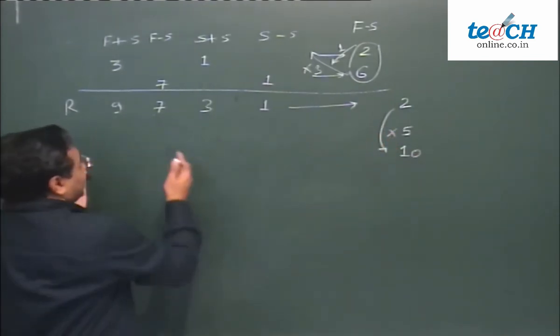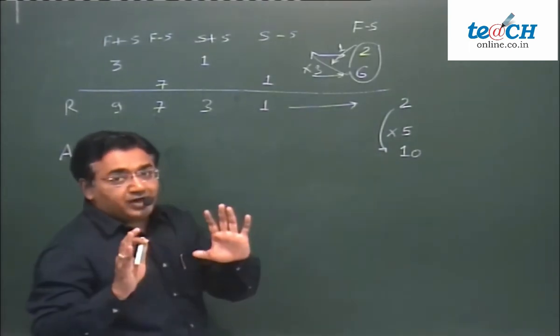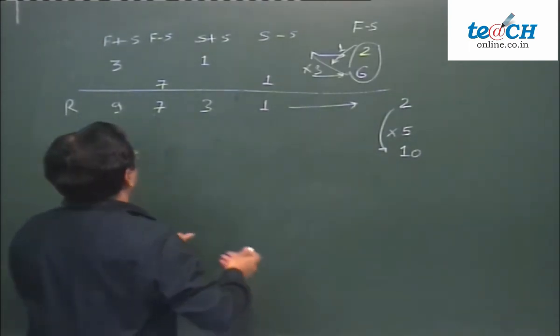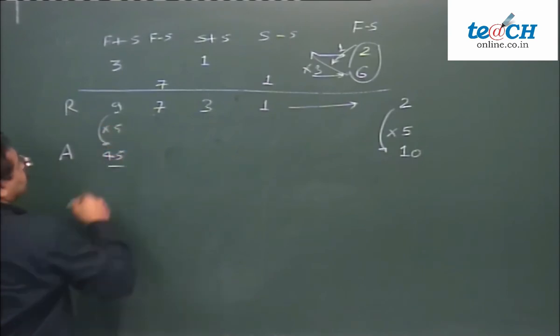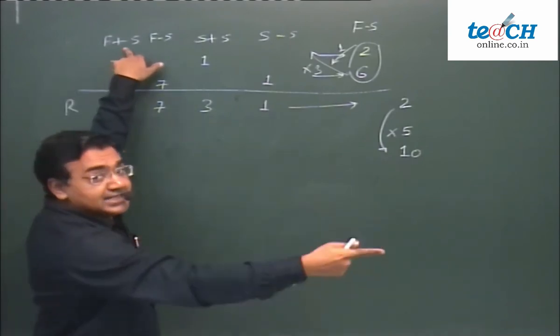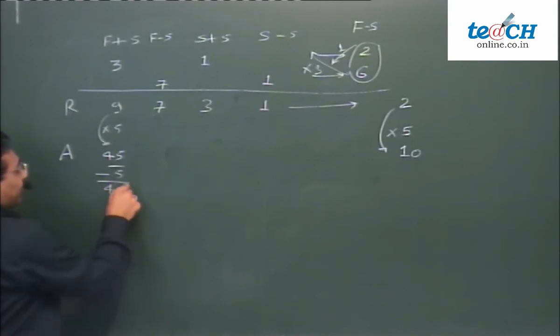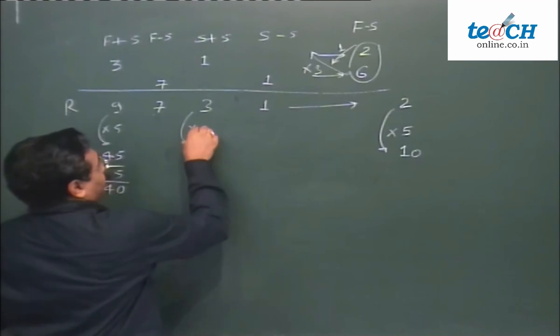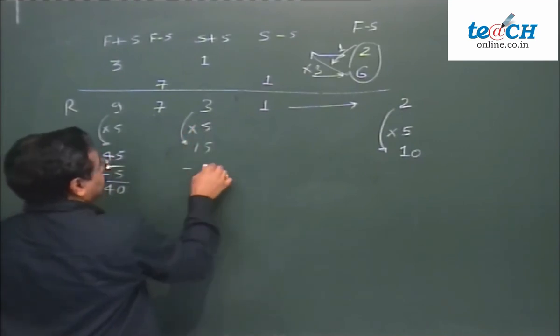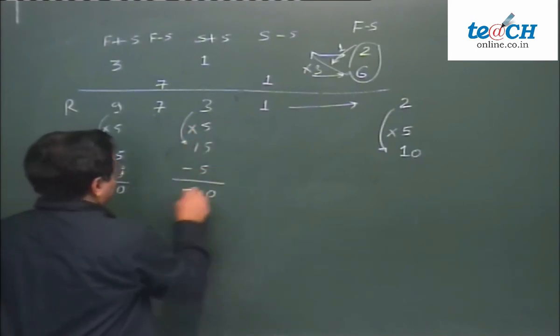So I can take any of these ages. Now, I want father's and son's today's age. So take one of the ages, for example, this one into 5. This 45 years is father's age 5 years hence. Today's age is minus 5, that is 40 years. Similarly, son's age 5 years hence is 15. So today's age, subtract 5 and you get 10.